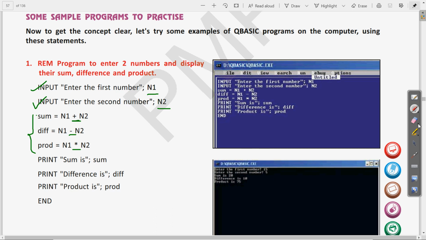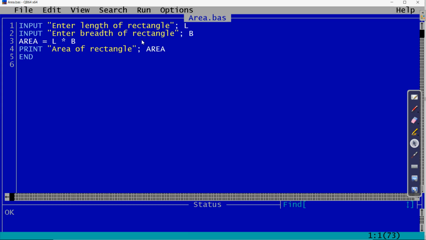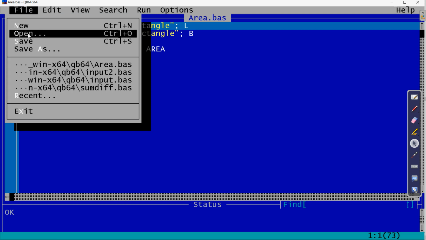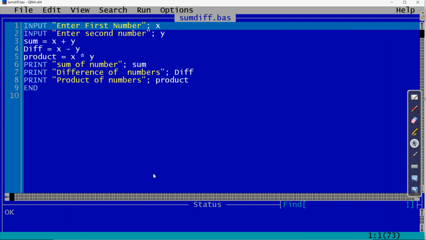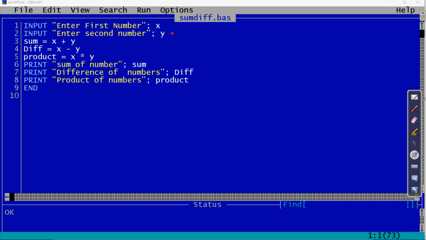If we want to see the output of this, let us come to the software window. Here if we open our program, this is the program which we have written. Whatever numbers we want to input, we have used a and b, or any variable can be chosen. So we have written x and y. Then this is stored in sum, difference and product, these are the three variables, using the mathematical operators plus, minus and star, which is the symbol used for multiplication. Then this is the print.